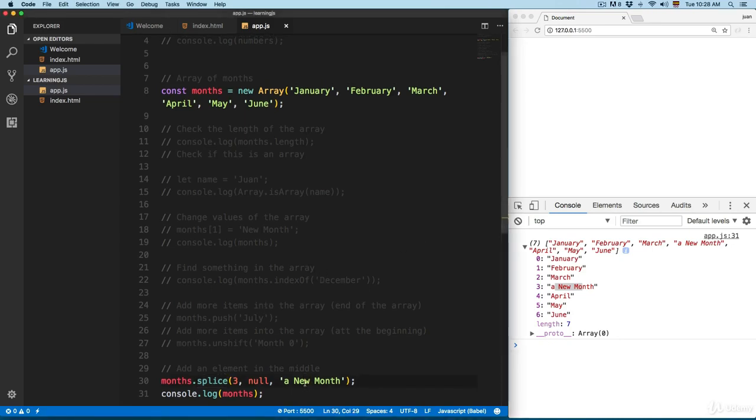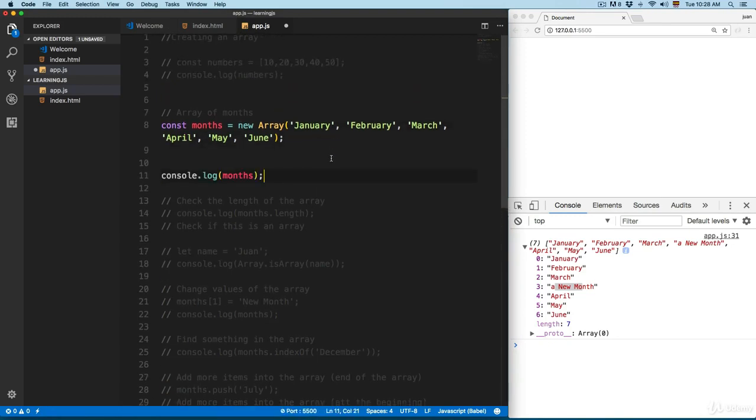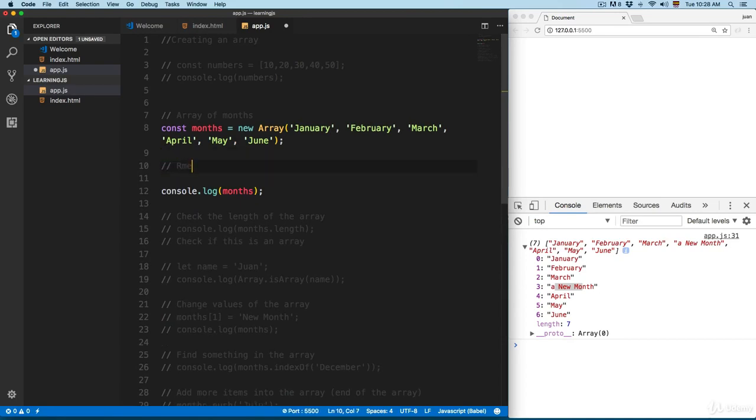So I'm going to comment this line, and I'm going to move this to the top, so we can see the array and the new functions right here. We're gonna keep this here on the bottom. So for example, you have array pop, which removes an element from the end,